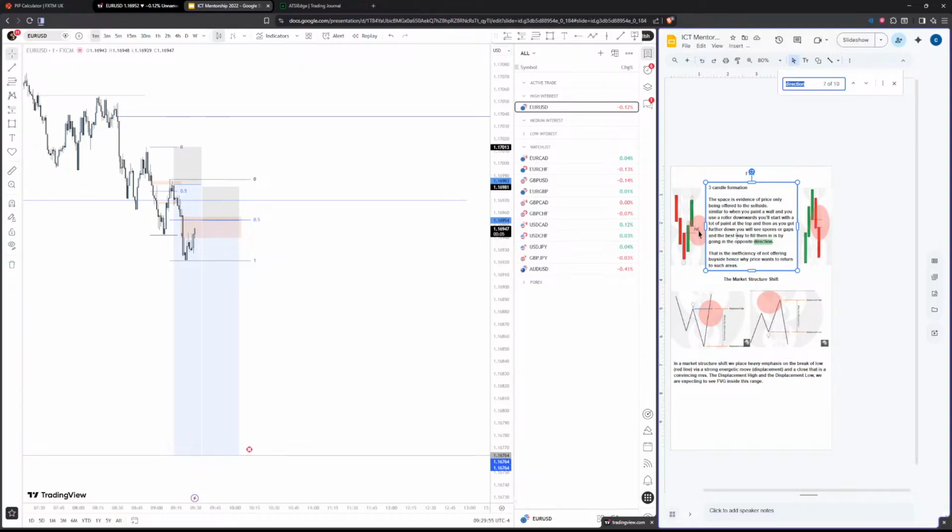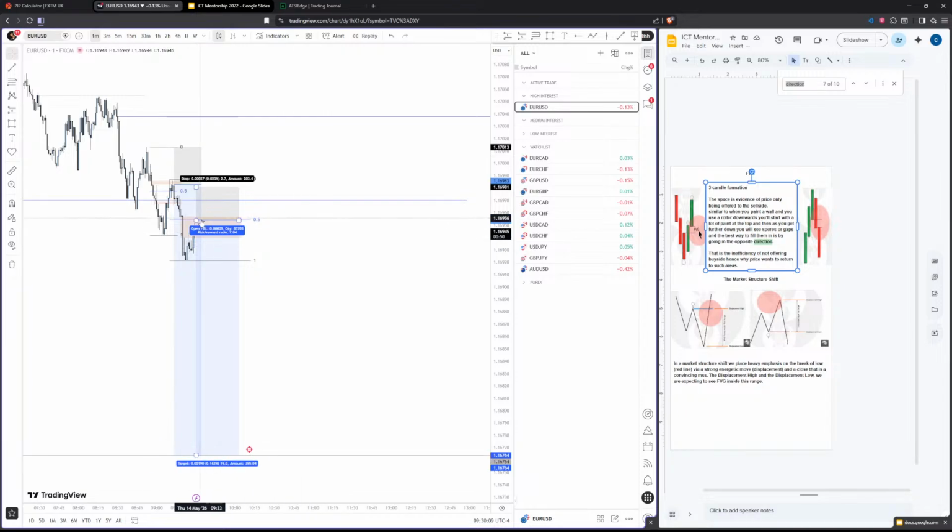Okay, so what do we know? This just helps us understand fair value gaps. As you can see with this imbalance, price came down here, but price wants to come up here because there was an inefficiency. We can enter if it gets to the upper limit right here. As soon as it tags that and creates a swing high, we enter on the next candle with the stop loss placed where we've put it.